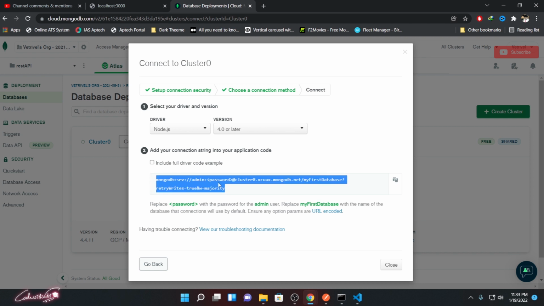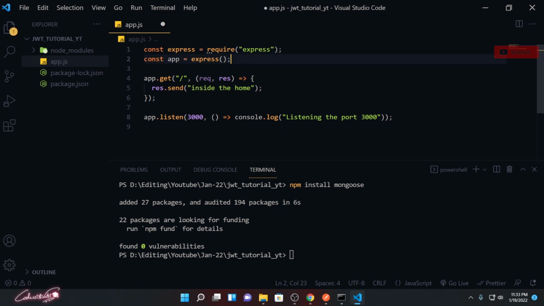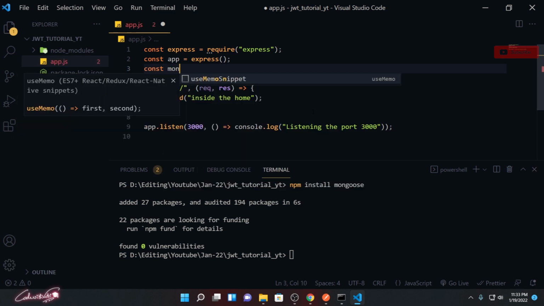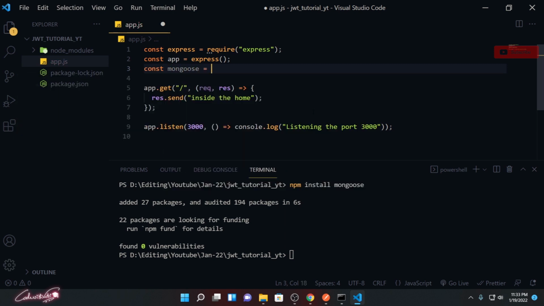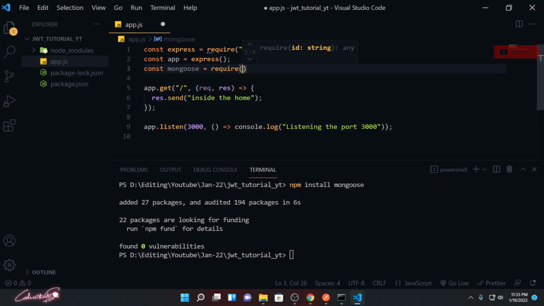So just copy this link and go to your code, and over here I'm going to use the Mongoose package which we installed just now. After the app is created, I'm going to import const mongoose equals require mongoose.